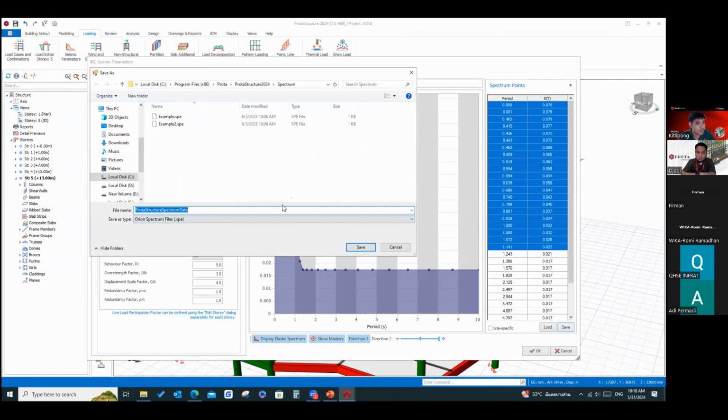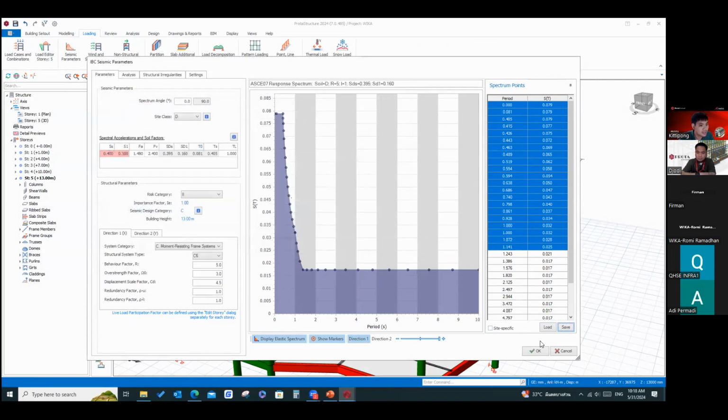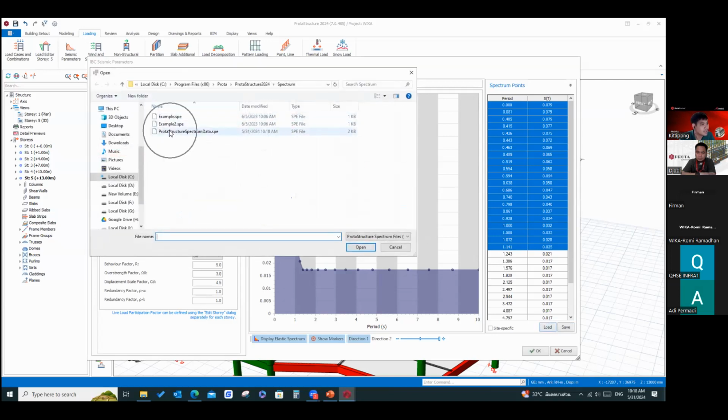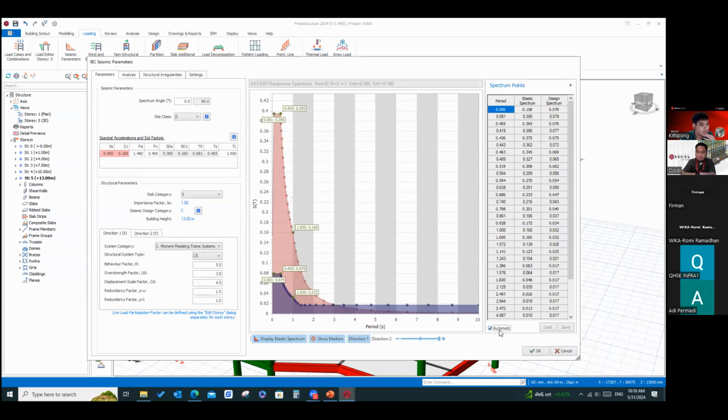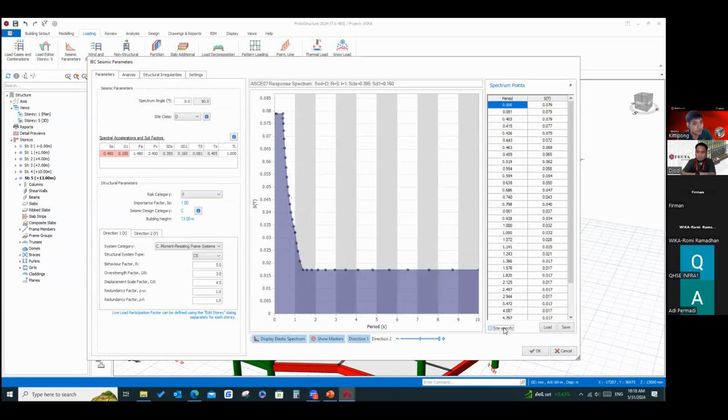Maybe you can copy from the Excel and input it in there. See, you can load this file like this. So to answer your question, yes, you can manually input the spectrum.